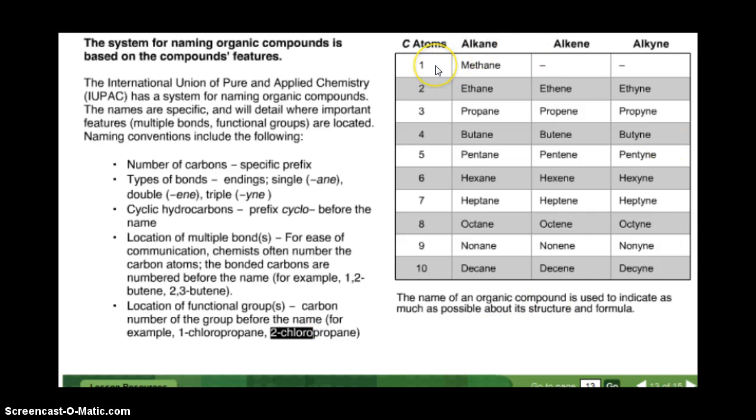And of course, going through how many carbon atoms go with what prefix. So meth is 1, eth is 2, prop is 3, but is 4, etc. And we'll continue in the next